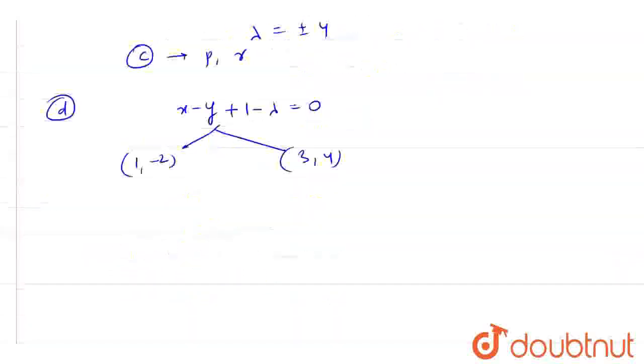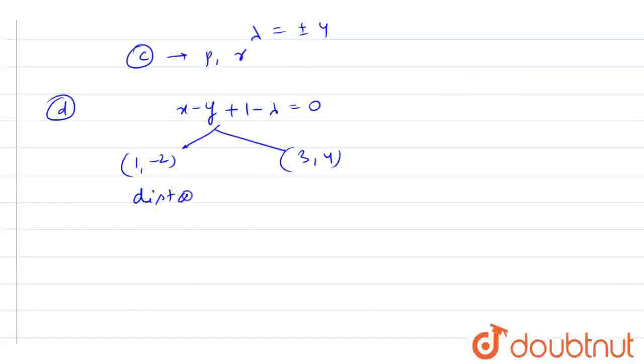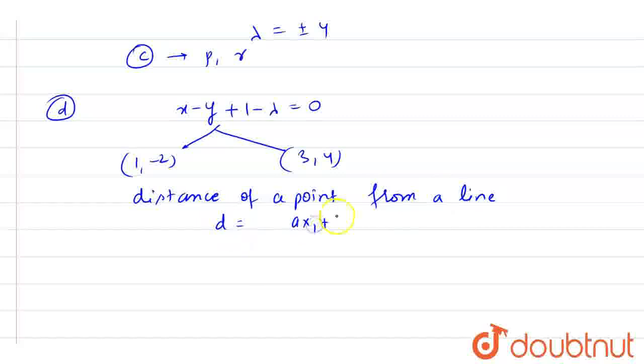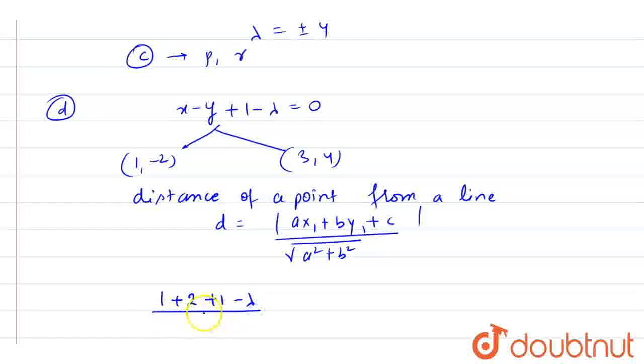So I am going to use a concept here, that is the distance of a point from a line. The distance of a point from a line is given as mod of ax1 plus by1 plus c divided by the square root of a square plus b square, where x1, y1 is the point and the equation of the line is ax plus by plus c equals 0. Now by using that method, if I put the values here, we'll get 1 plus 2 plus 1 minus lambda divided by root 2, in mod,